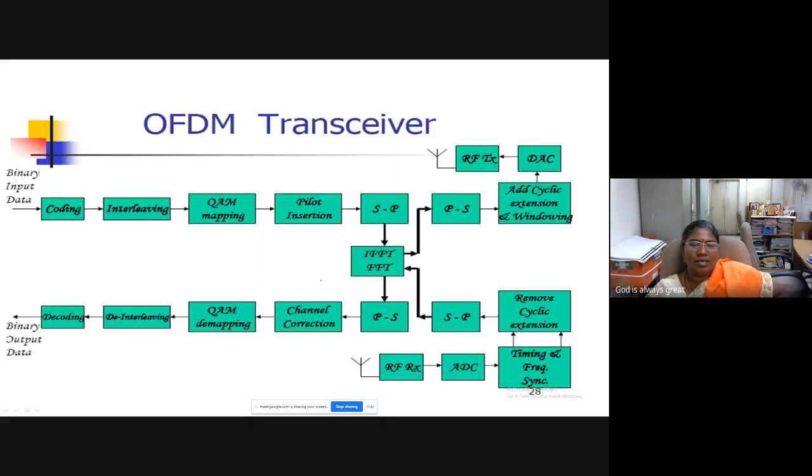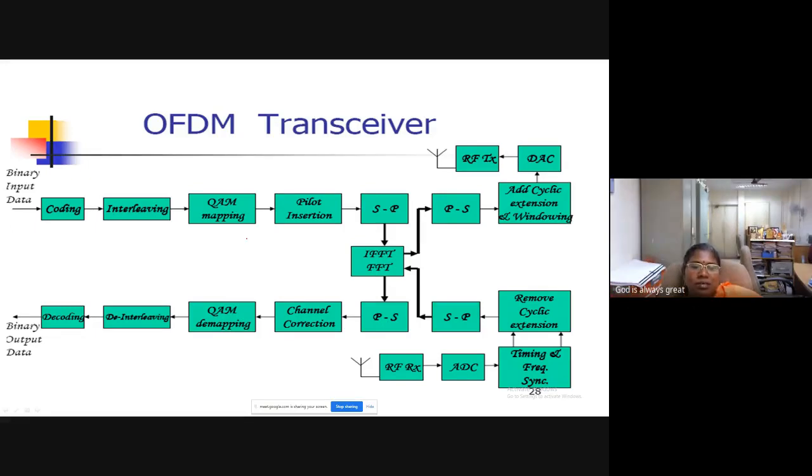So that's the details about the theory part behind the OFDM. Naturally you take up your input bits, QAM mapping, you can do any mapping, like QPSK mapping, BPSK mapping, any mapping you can do. And then if you want pilots, which will be received at your receiver end for channel estimation, that can be done. Then the major part is serial to parallel conversion, FFT, and parallel to serial conversion, adding the cyclic prefix and windowing function, transmitting over the wireless channel. This part is what we are going to study in MATLAB.